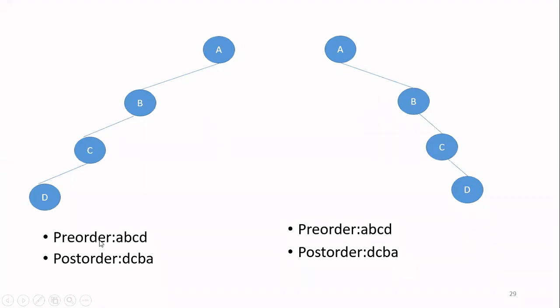So if I give you only this pre and post-order traversal, some of you may construct this particular tree and some of you may construct this particular tree. That's why we say if pre-order and post-order traversals are given, you cannot construct a unique binary tree. According to the procedure we have seen now, we may construct any one out of these two. But others may apply a different procedure. They may arrive at the other binary tree. So we have the ambiguity. This ambiguity is there because this is not a full binary tree.